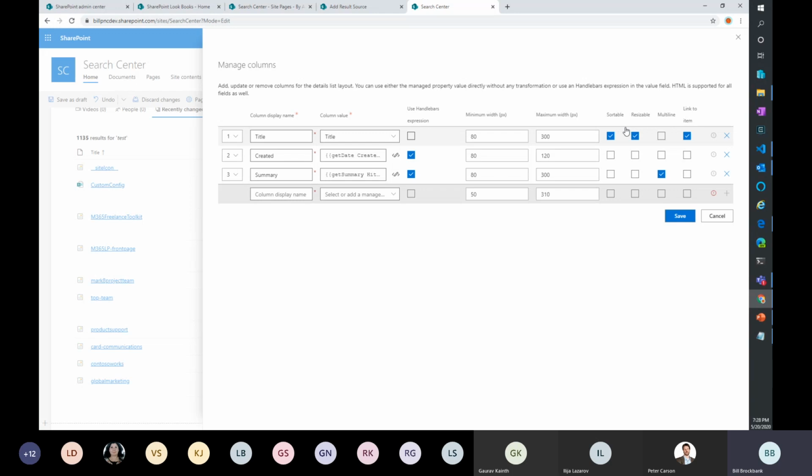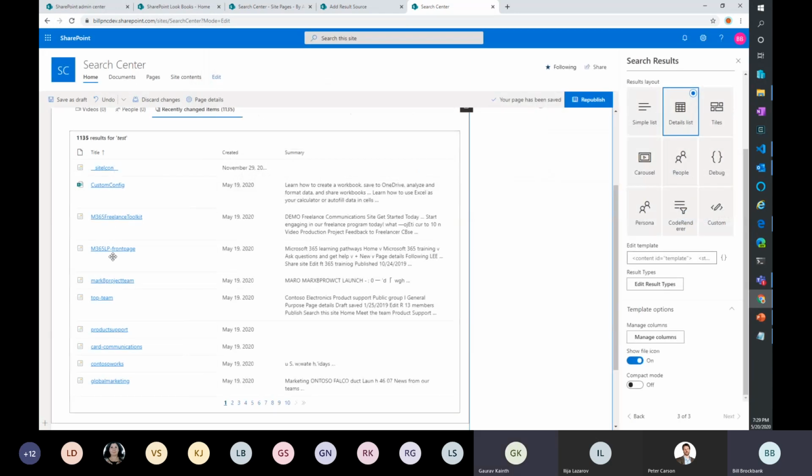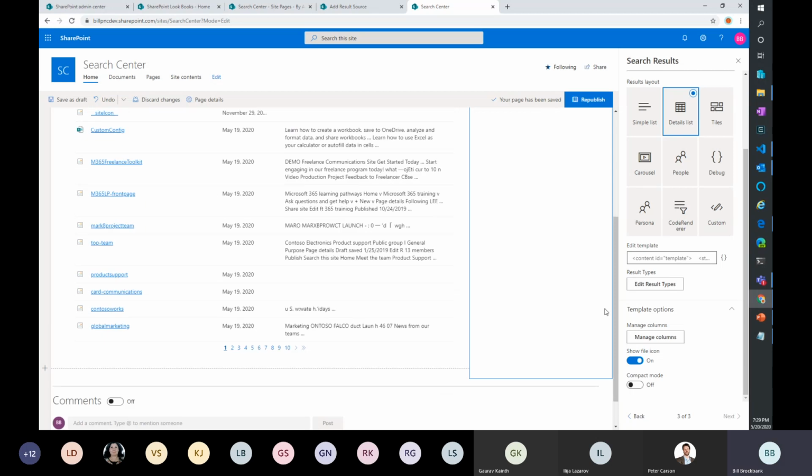You then get, in this case using this view, whether it's sortable, refinable, resizable, multi-value, and whether the item link should show up. So this is the item link, which should be tied to this. So they're generating this view with all of this in it. Okay, the other thing that's in here.